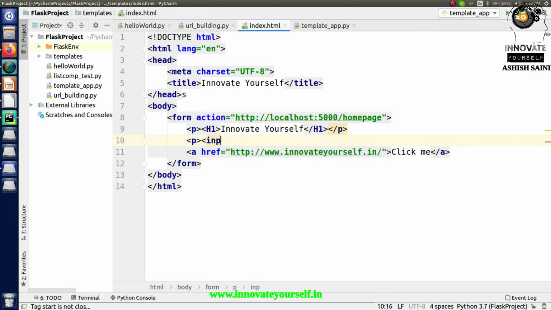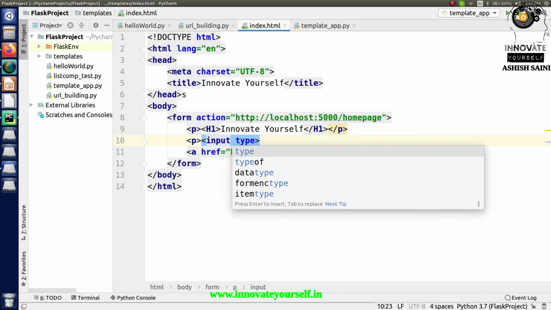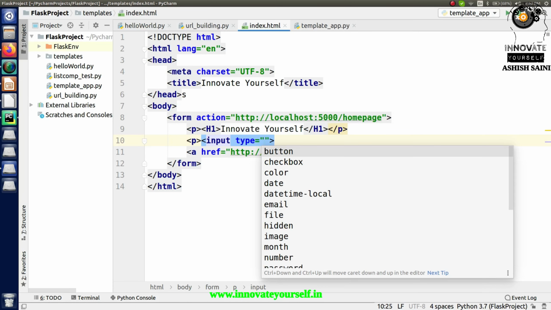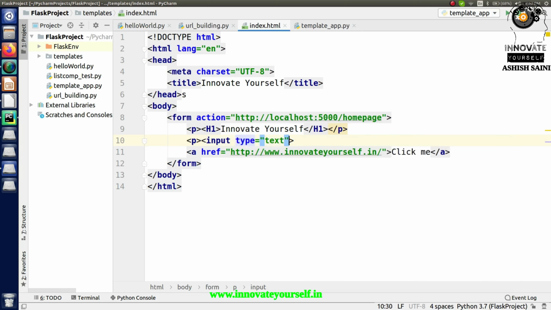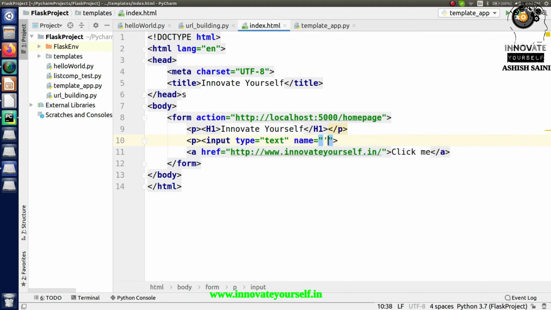So I have this input, and inside this input I will specify its type, like what type of values it will contain. It will contain text type data, and accordingly I'm going to give it a name. Let's not take name, let's take it as uname, so it will be clearer to us.